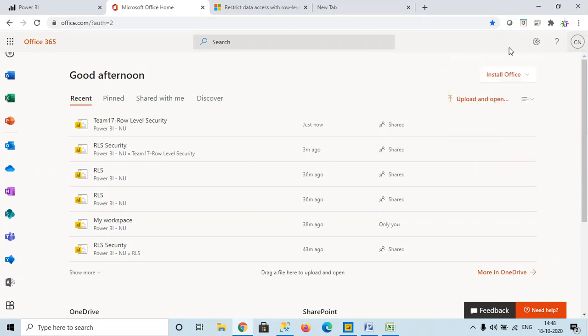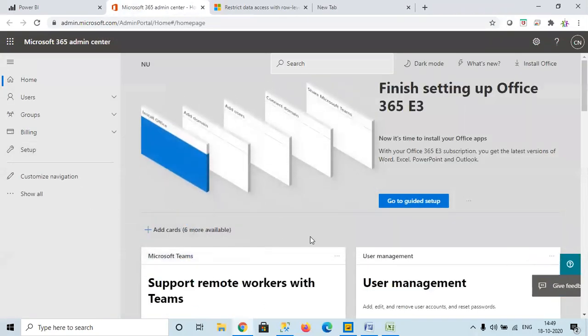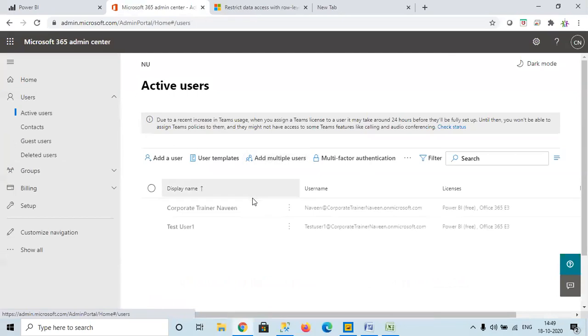So let's say in this one, I have created my own account, a free account. So I have entire privileges. You can see here, when you come down, there is an admin part, the settings option. When you go to the settings option here, you will be redirected to the admin area. You can see what all we can do here. We can go to the users, who all are the active users, we can see. There are only two users. One is the main account, and the second one is this one, right?